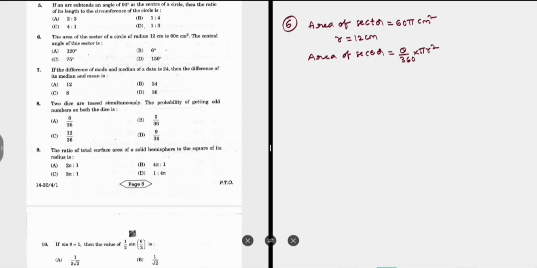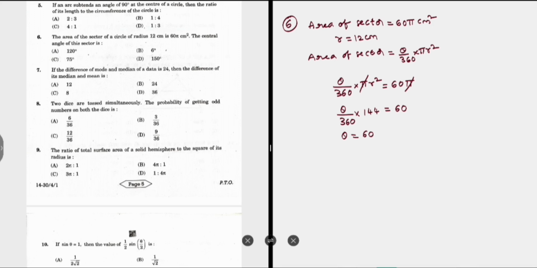So we have to equate these two. Theta by 360 into pi r square is equal to 60 pi. In both, pi we can cancel. We have to find theta here. Theta by 360 into r is given. We can substitute r. R square means 12 square. 12 square is 144. So theta by 360 into 144 is equal to 60. Now theta